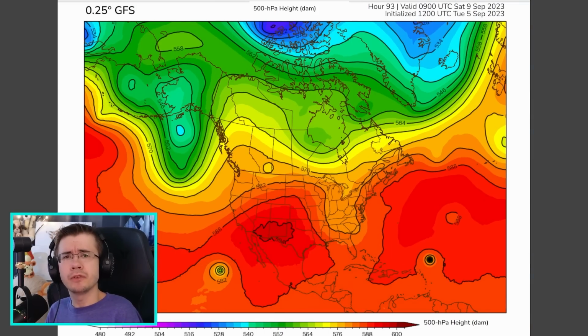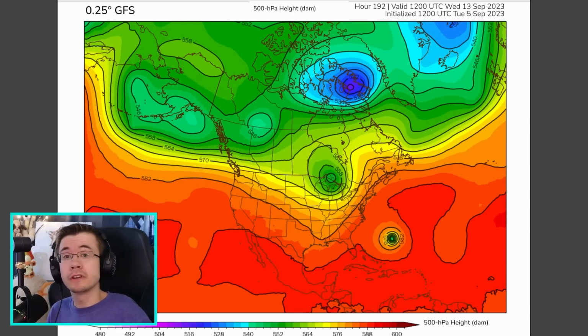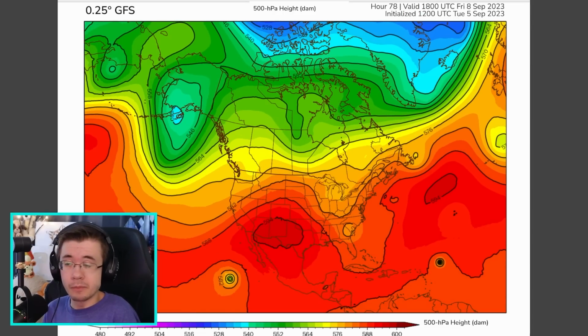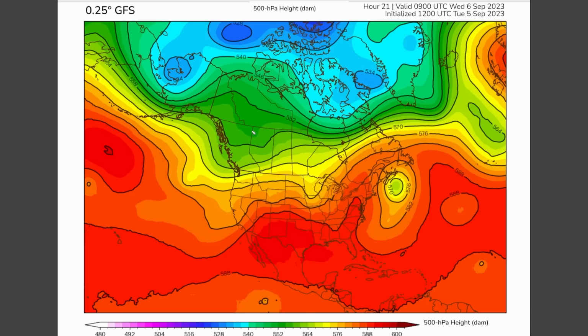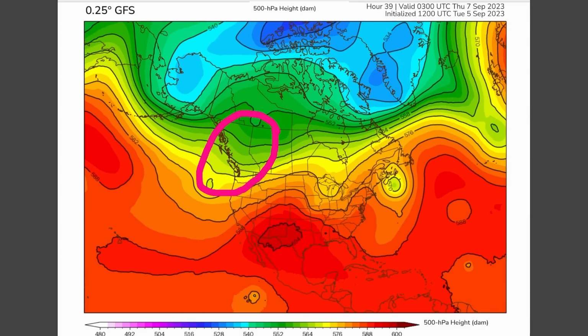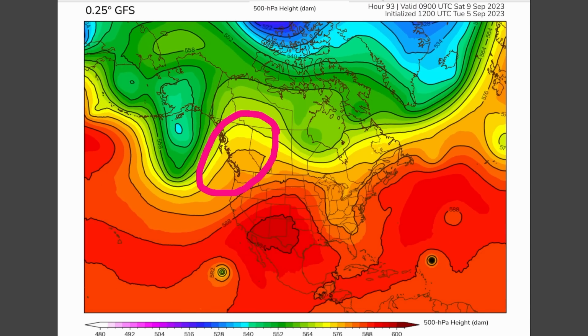So what's likely going to push this hurricane to the north going forward? Well, this model run is looking at a level of pressure about 4 miles above your head. In particular, the model run I'm showing you here is actually from 4 days ago. If we turn our attention to look closely at Canada, we can see the origin of what will be a pretty impactful trough about a week from this model run. Watch it continue to the east and then eventually dig down into the Great Lakes and eastern states around Tuesday,